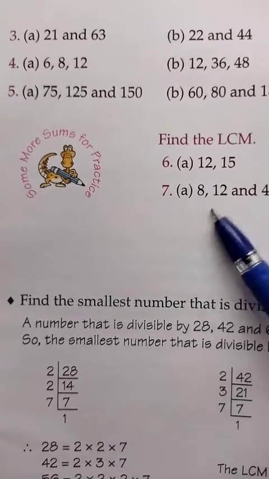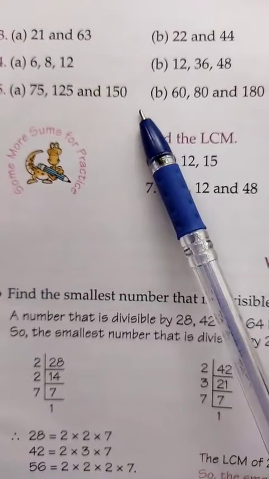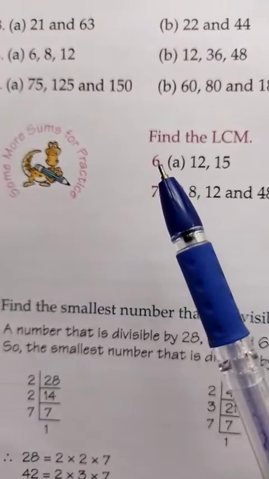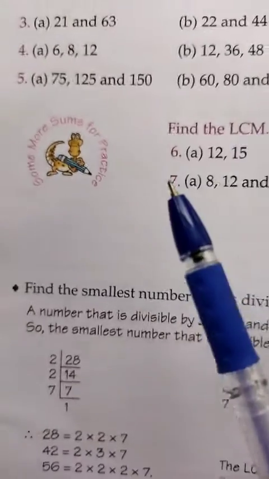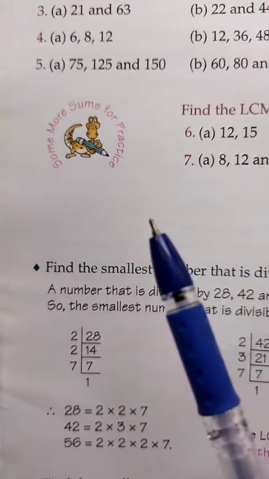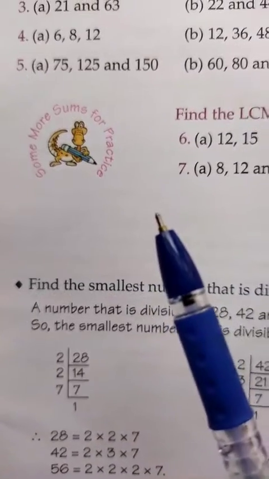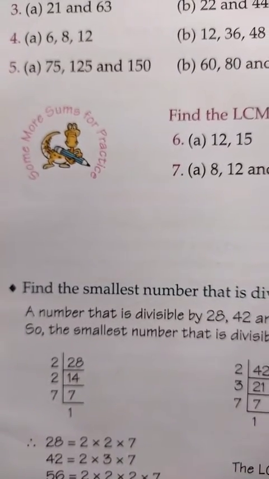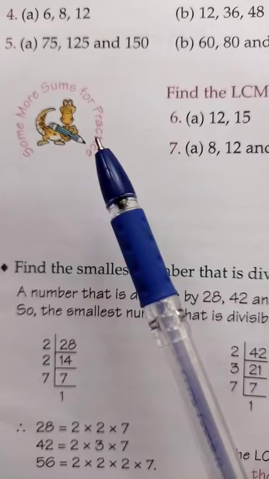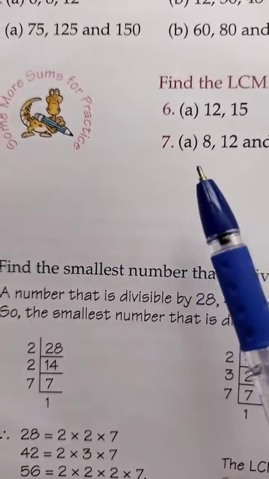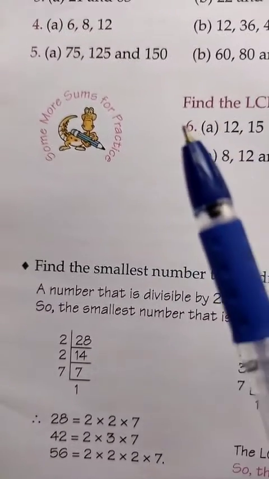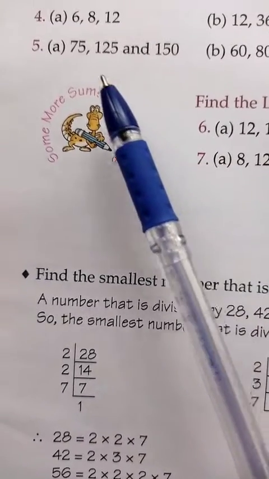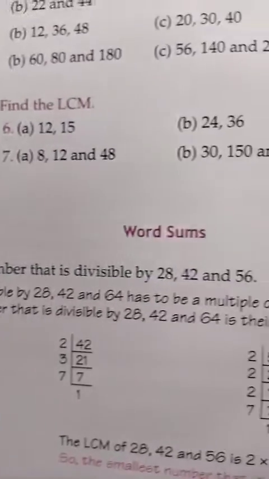Now if you talk about question number 5, here 3 numbers are given. Listen, when it is asked to find the LCM, no matter how many numbers are given, your process is the same. Your concept for finding out the LCM is not going to change, whether it is 4 numbers or 5 numbers. So here, as you find the LCM of 2 numbers, similarly you have to find the LCM of 3 numbers also. So let me explain the fifth D part also.